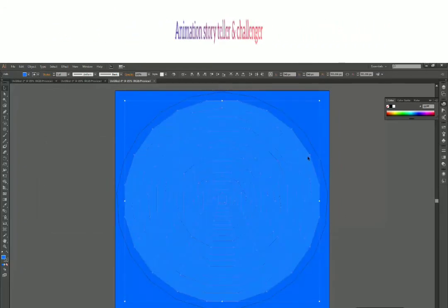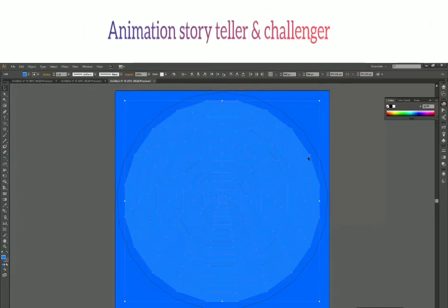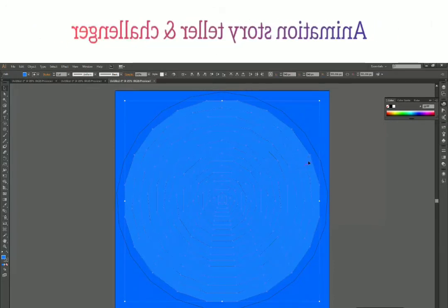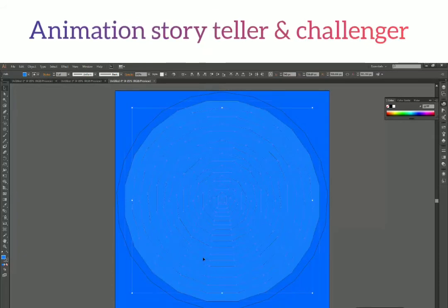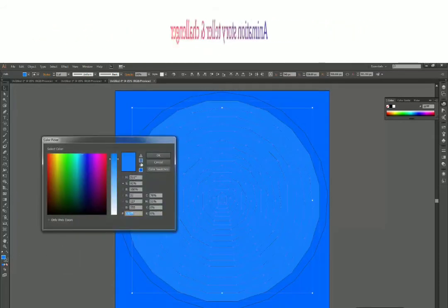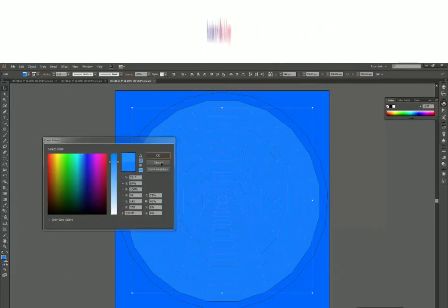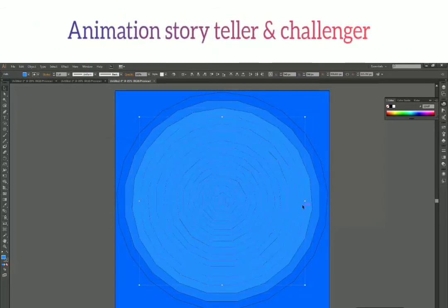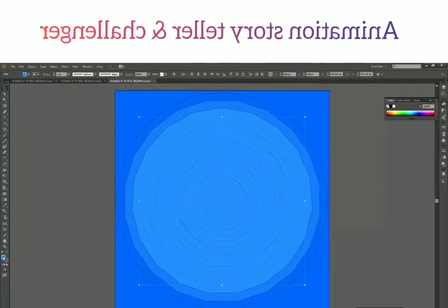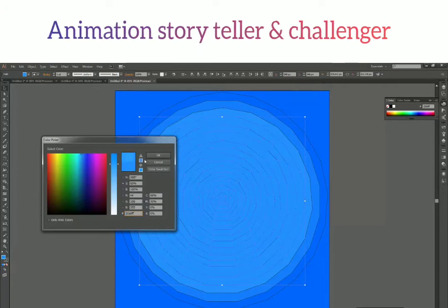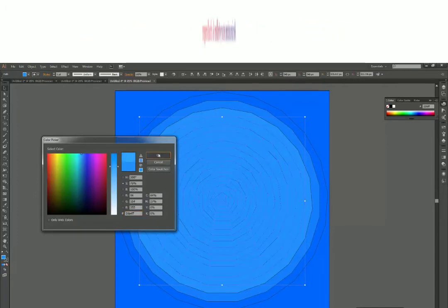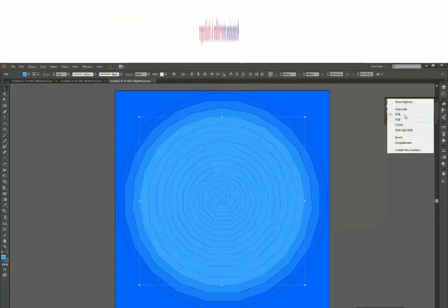Now shift select the outermost polygon, and again drop the color value a bit from this one to this. Again shift select the outermost polygon and drop the color value from this to this. You can either change color values from here also.